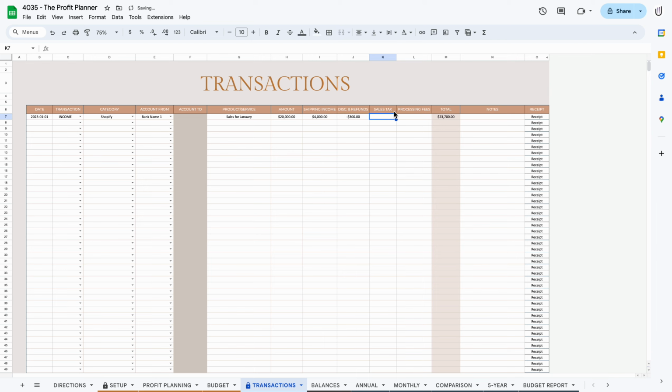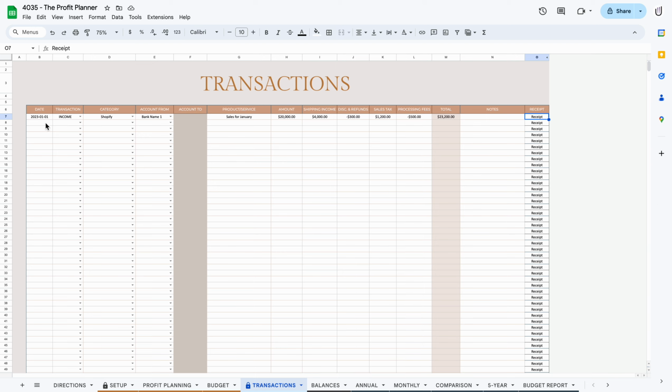I collected an extra $1,200 in sales tax. And then I paid Shopify, let's say $500 in fees for processing. And you'll get that data from the payout section inside of Shopify if you're using Shopify. And then you can enter any notes. If you are planning to use a receipt system inside of like Google Drive, for example, you can attach the receipt directly to the spreadsheet for expenses, for example, so that those are easily viewable for the future if you need to do that. And I'll create a separate video on the best practices and how to do that